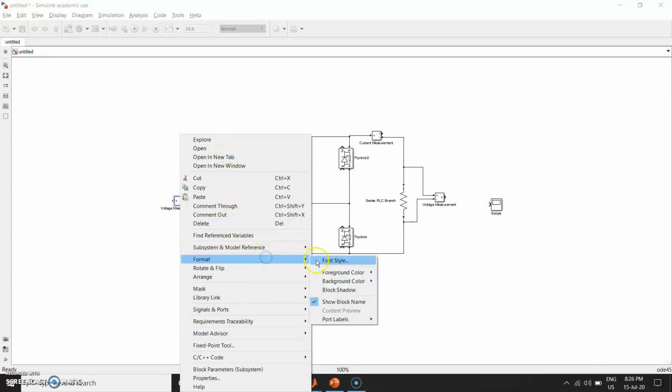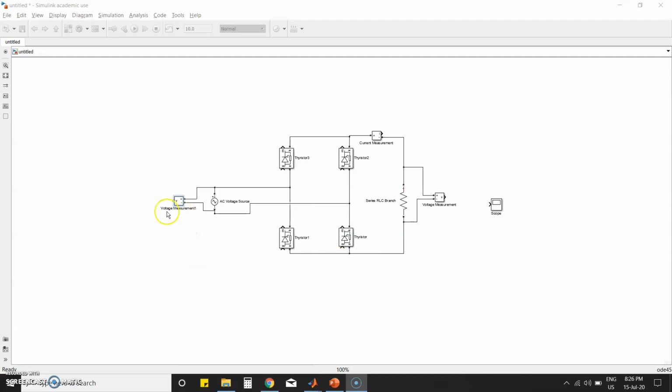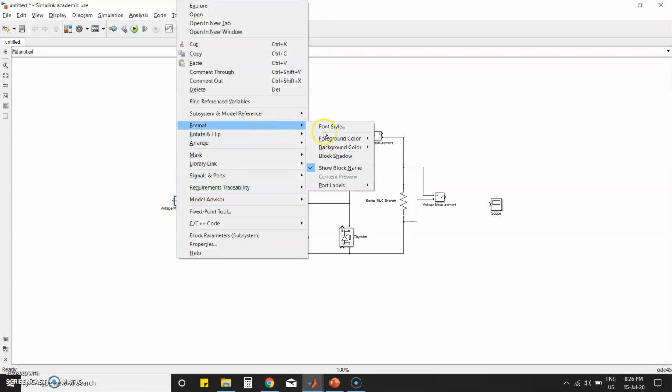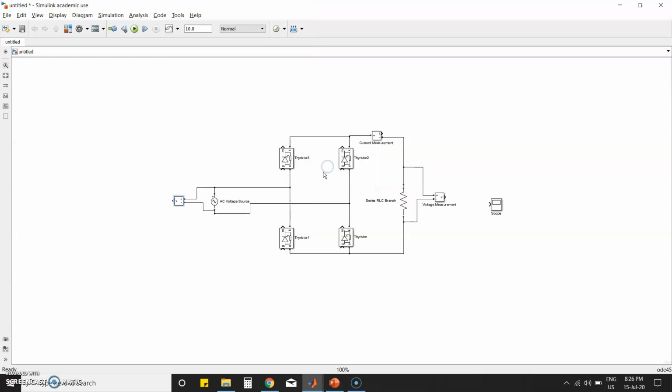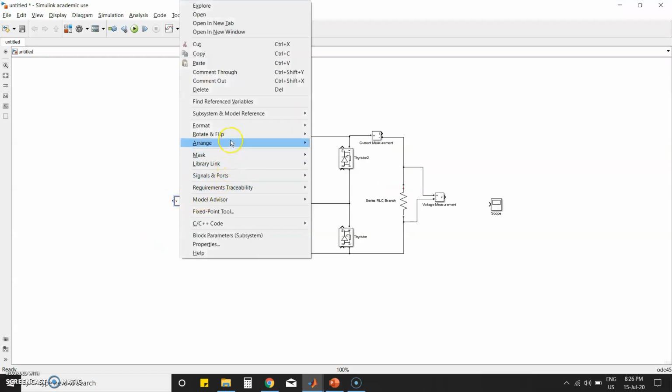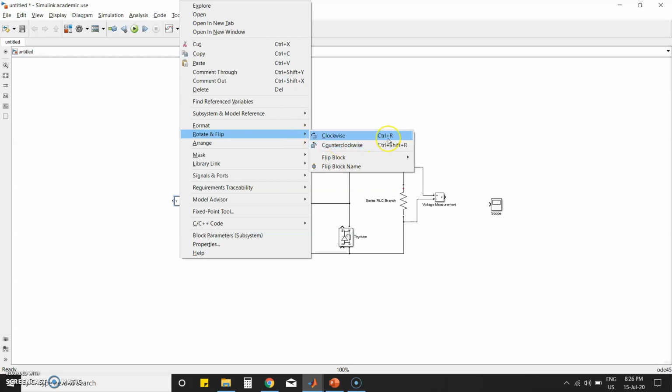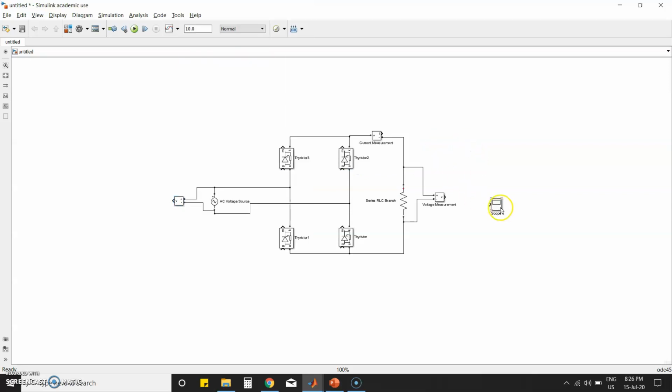In Format, you can select the font style of your block, and if you want to show the block name, that is voltage measurement, or remove it, you can go to Format and uncheck Show Block Name. Similarly, we have options for rotate and flip, clockwise and anti-clockwise. Control R is for rotate and Control I is for flip block. These are the shortcuts.